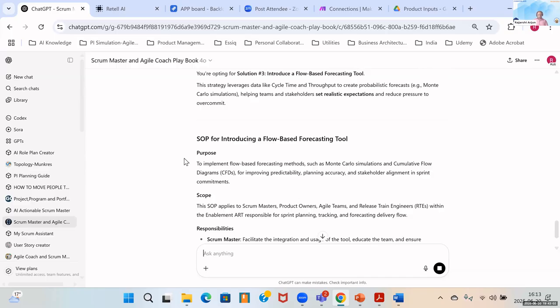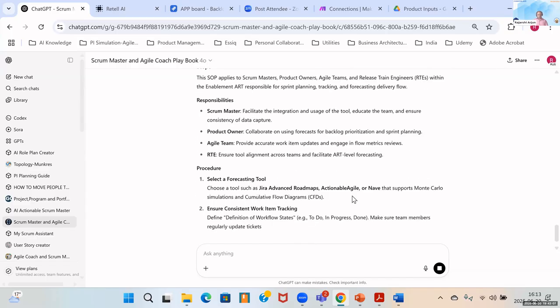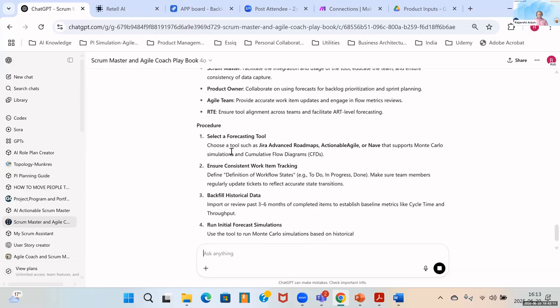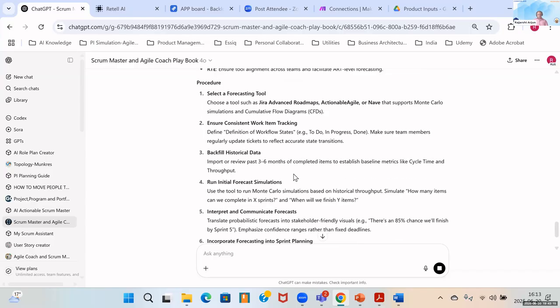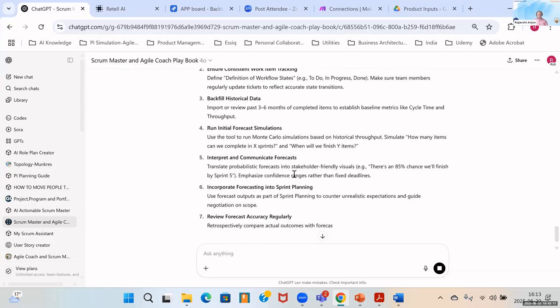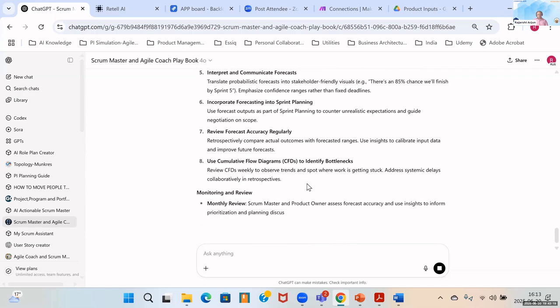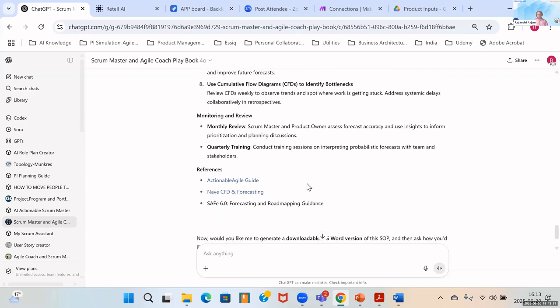So it tells me about the purpose, the scope, responsibilities, the tool that I need to select, then what is the procedure that I need to follow in order to do this activity. So it gives me a kind of a detailed view of what I need to do. Okay.